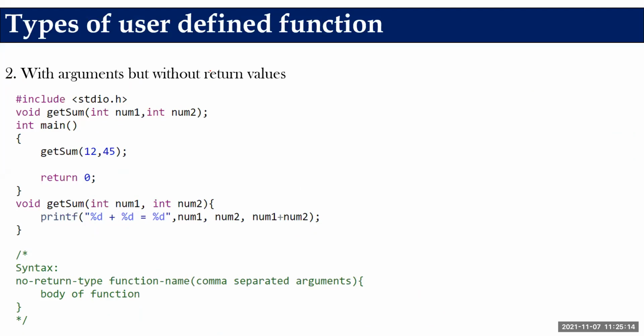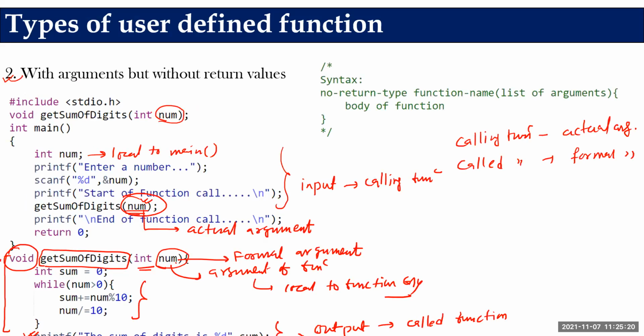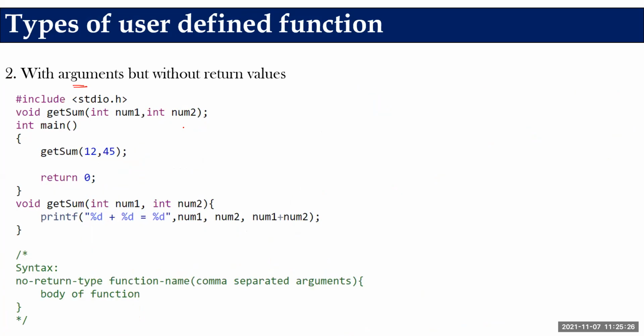Now let's see type 3 function. Okay, another example with type 2. When we say with arguments, it is not necessary that we are passing only one argument, as in the last example. We can pass any number of arguments, comma separated. So now see, I have used a comma and I am passing two arguments. It is also not necessary that the type of the arguments should be the same.